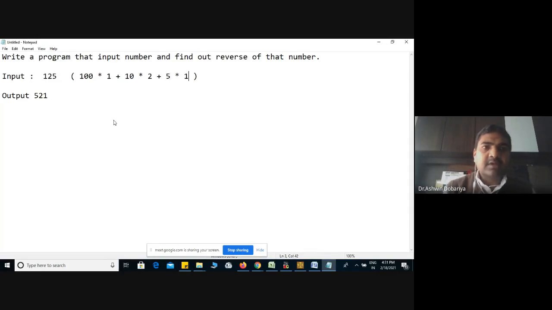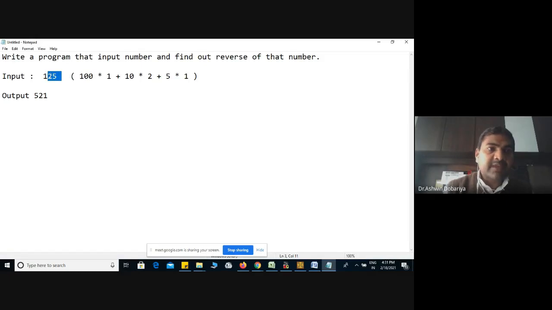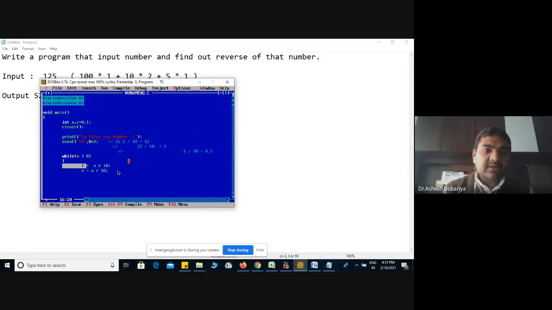So the first digit is multiplied by 1, second digit by 10, third by 100. See here, first time there is no 10. Second time 10, third time again 10 multiplied by 10 means 100. Suppose if there is a fourth digit, say 4, then 4 is multiplied by 1000. This is the norm.